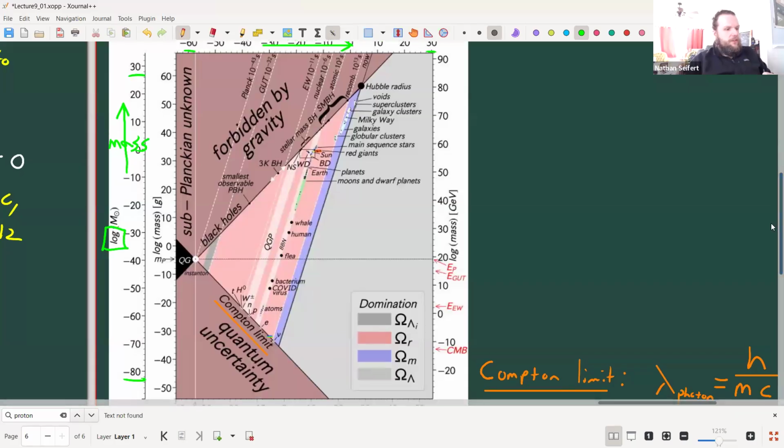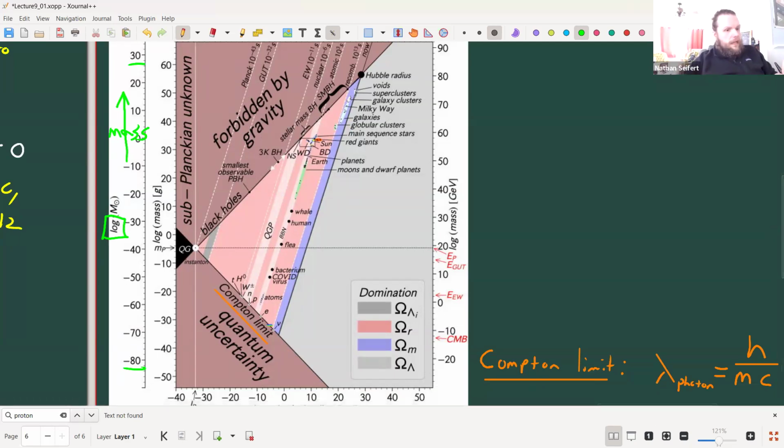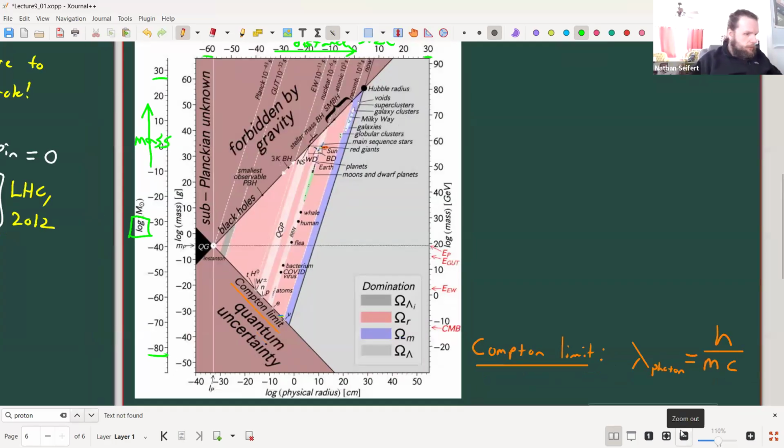And so what this does is basically look at every object that we know in terms of its mass and its distance and put it on this scale. And what you find is that it's very well organized. And the important thing is that there are two kinds of limits to matter on this scale. All right, we'll talk a little bit more about this distance.